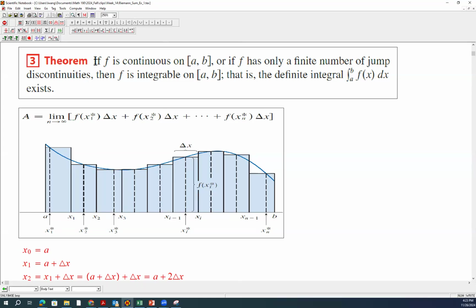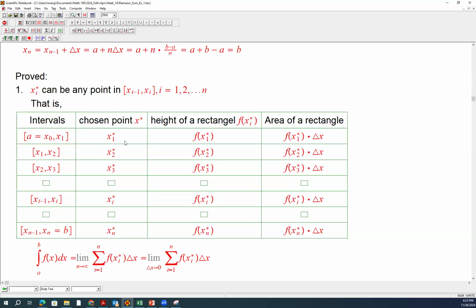In other words, f is not uniformly continuous on the interval, but it has a finite number of discontinuities. But that's okay. And f should be integrable, meaning that no matter how we choose the points,